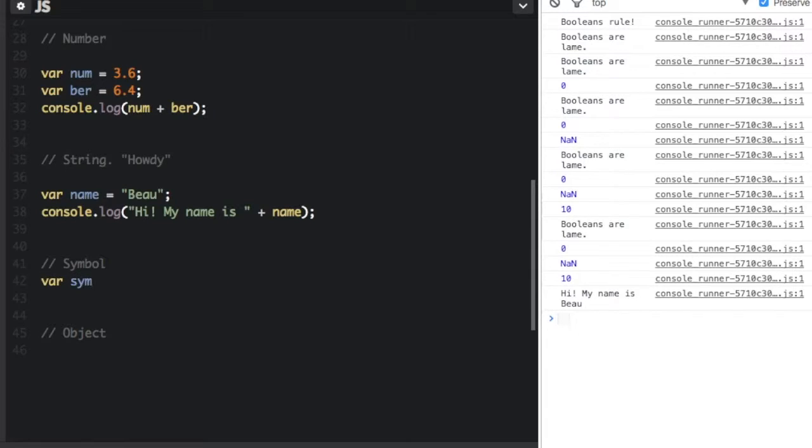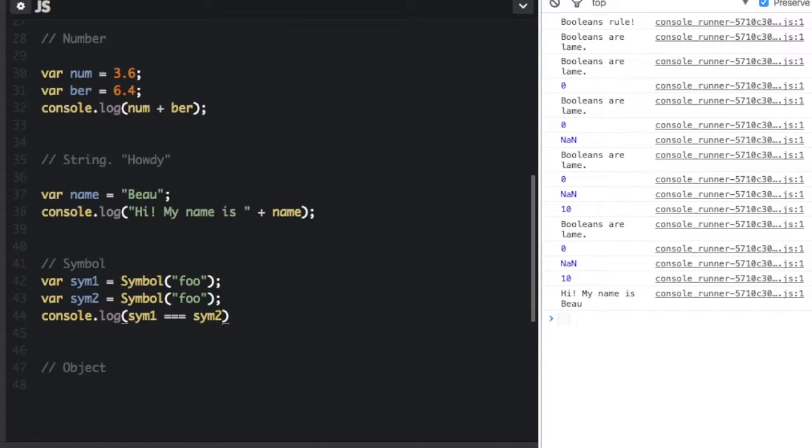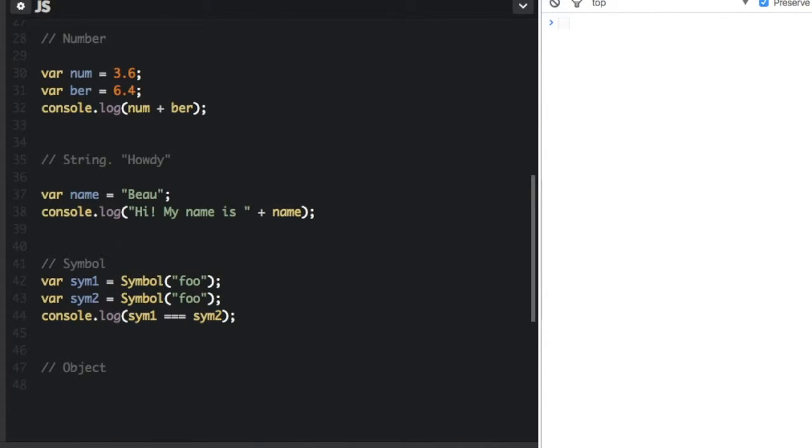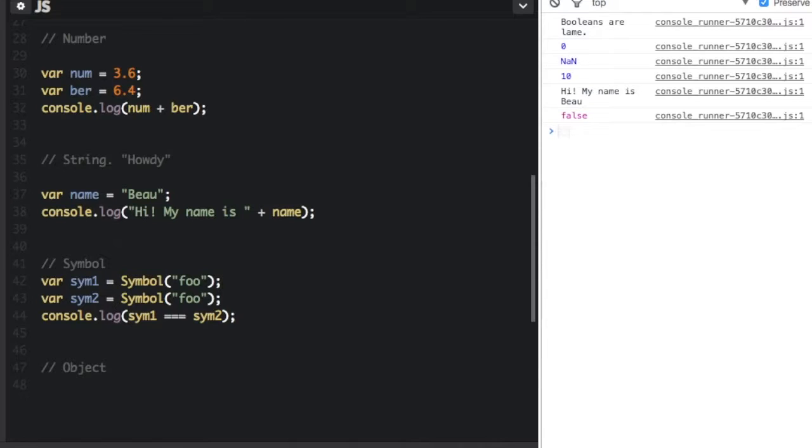So if we have one symbol, and we're going to equal foo. And I'm actually just going to copy this and put another one, but we're going to call this symbol 2. Now if we do console.log sim1 equal sim2, and if we see if they're equal, let me just clear the log here and run that, you can see at the very bottom it says false. They're not equal. However, if we change one thing, if we convert this to a string first,